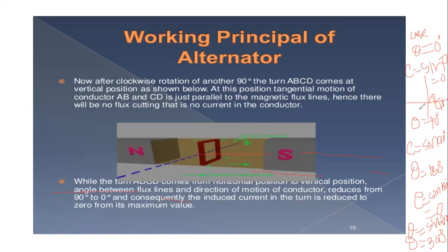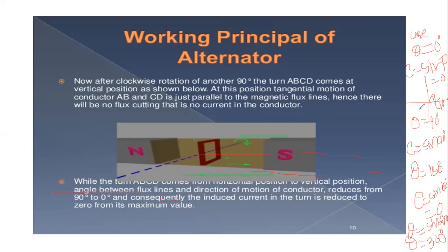How will the magnetic field be rotated? That will be placed in the rotor. Therefore, the magnetic field is placed in the rotor slots. If the rotor is rotated, the rotor is the rotating part of an alternator. When the rotor is rotated, only in that case does the conductor cut the magnetic field lines. Therefore, an EMF is induced in this situation.